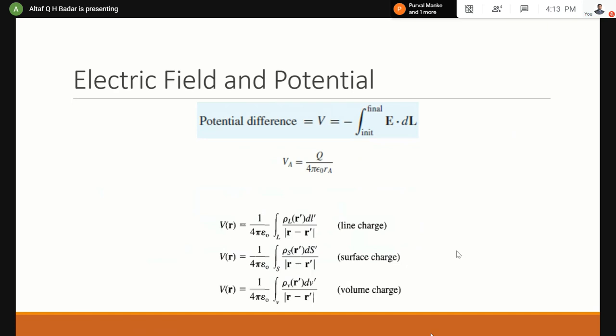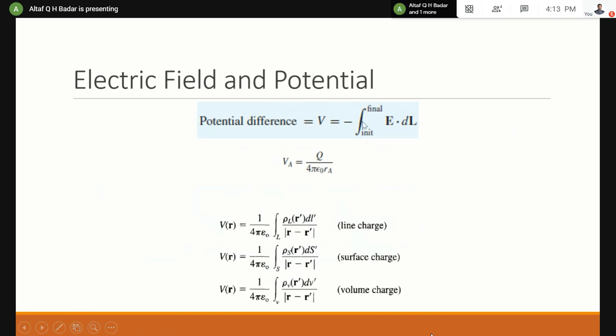Okay, so let us move and see what happens when we go for potential difference. It is defined as the work done by an external source in moving a unit positive charge from one point to another in an electric field. So if we are talking about unit positive charge, the Q becomes 1, and that is why it is not visible here. So it's gone from here.